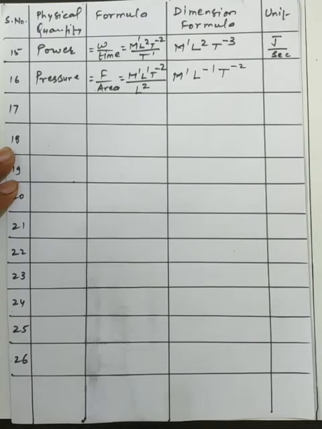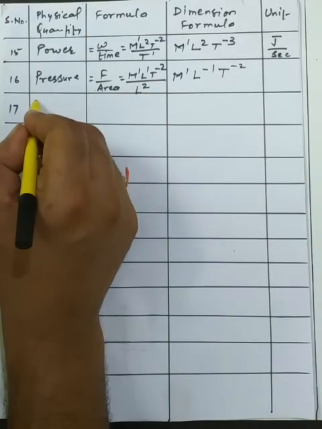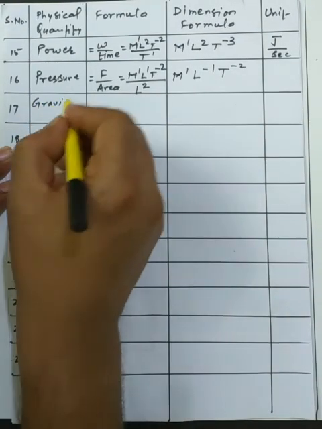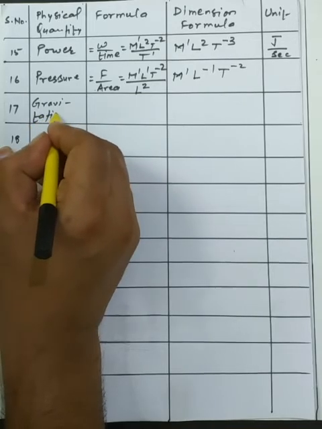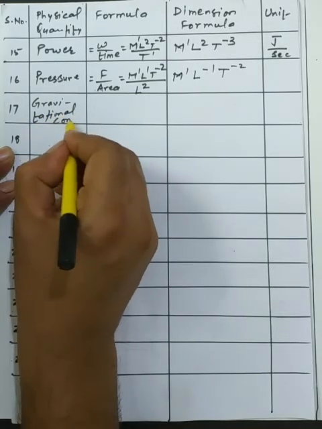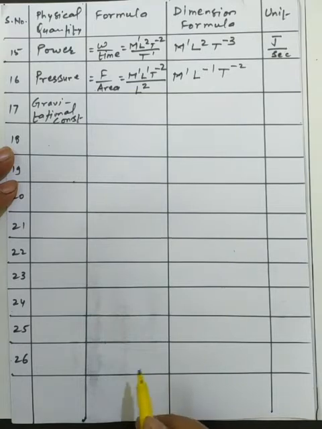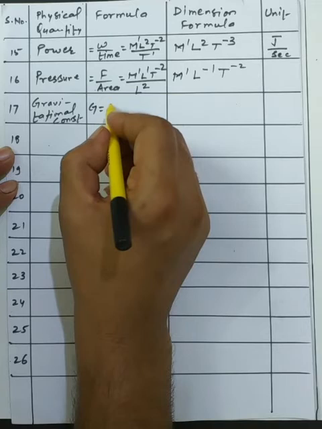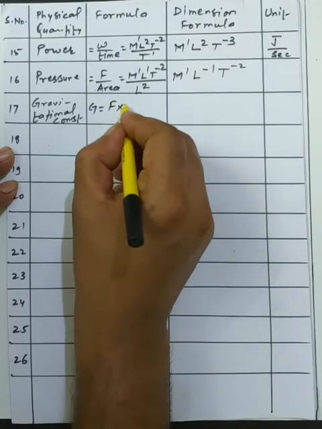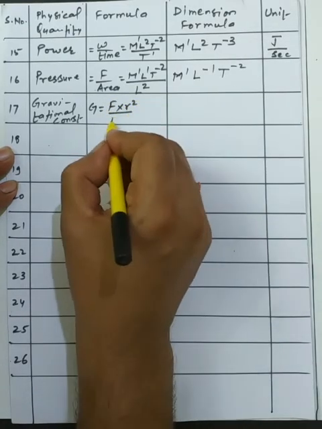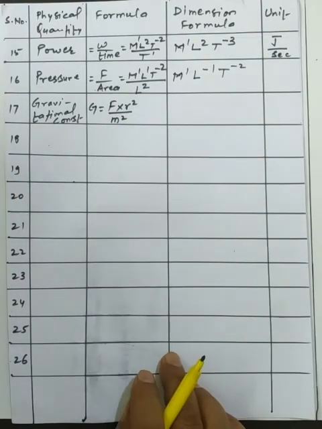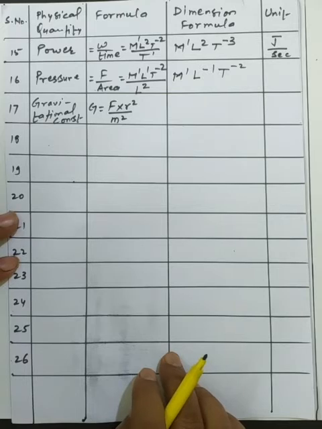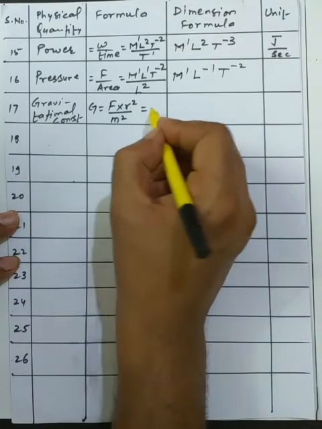Okay, now next we have gravitational constant. It is an interesting formula. Gravitational constant. So we have the gravitational force formula. Okay, so I am just separating the G and making the assessment of the formula. F into r square is to be divided by m square. Okay, it's the general formula of the gravitational constant. In the chapter gravitation, we get the information about this, and we are just writing all the kinds of dimensions here.